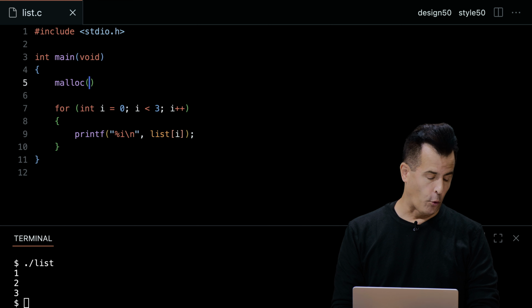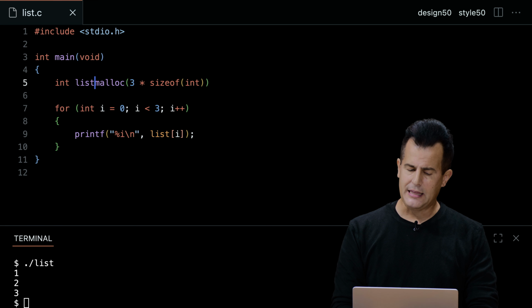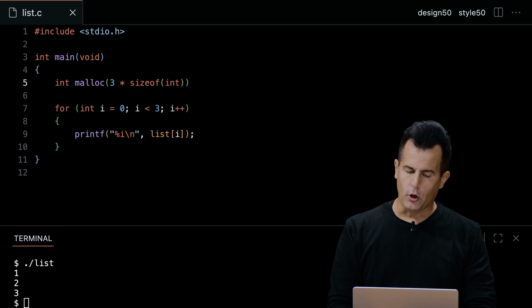But integers take up a few bytes, and it usually is 4. But just for good measure, I'm going to say times whatever the size of an int is, the total number of bytes I want. So presumably it's going to be 3 times 4 equals 12. But I'm generalizing it. But then recall that malloc returns the address of that chunk of memory, the address of the first byte. So if I want to create an array effectively called list, I can't just do int list like this yet. But what I could say is that, all right, now my list variable is actually going to be the address of an integer, and set malloc's return value equal to that.